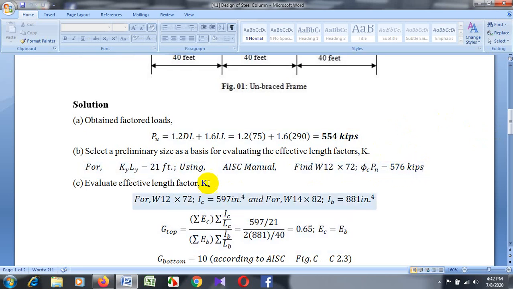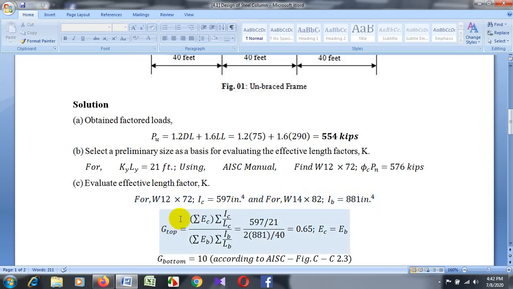And now evaluate the effective length factor K. For this section and table, select Ic equal to 597 inch to the power 4 moment of inertia, and for the two sections, select this section Ib equal to, these are the beam sections, inch to the power 4.